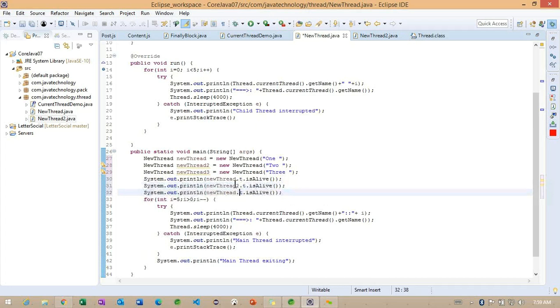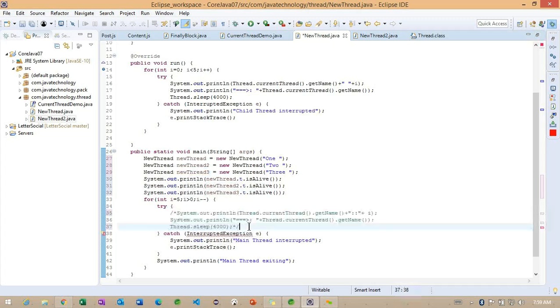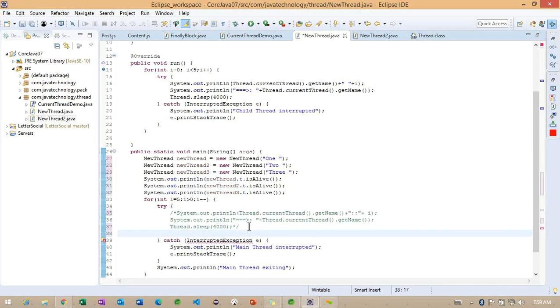I'm going to call the second one as well as the third one. And after this, I'm not going to wait in this particular main thread, so we'll keep some of it commented here.